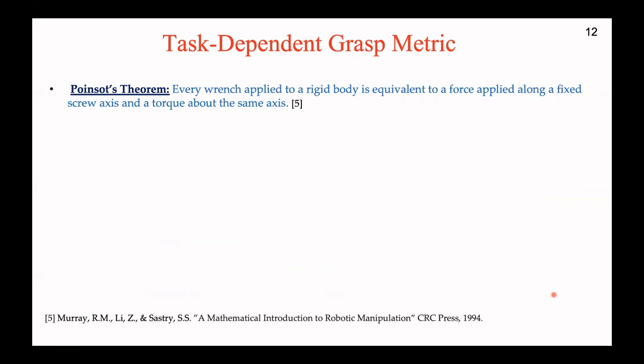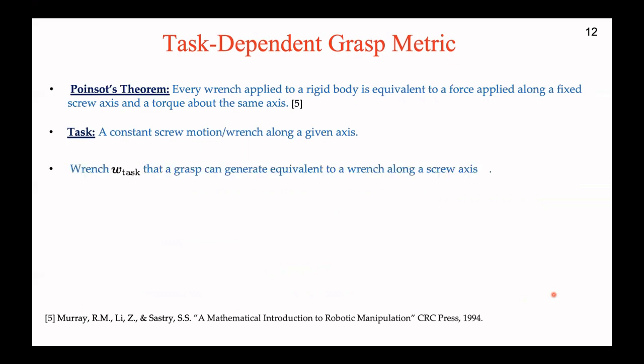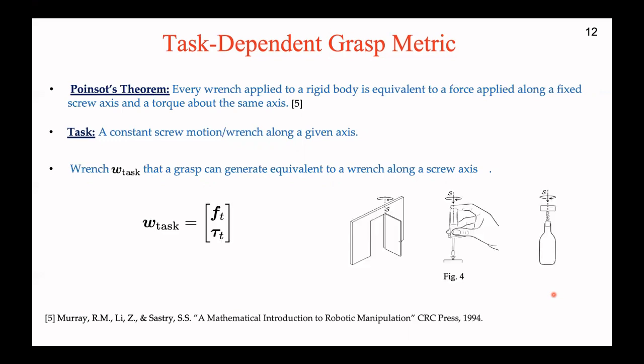In our formulation, we have defined a task as a constant screw motion or a wrench along a given axis. Thus, we are interested in finding a wrench omega task among all the possible wrenches that a grasp can generate equivalent to a wrench along the screw axis. This definition can be intuitively used to characterize tasks such as opening and closing a door or operating a screwdriver. For example, in order to efficiently operate a screwdriver, the user needs to generate a constant screw wrench along the